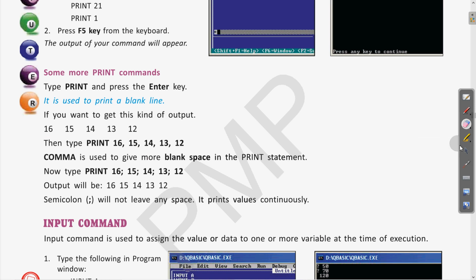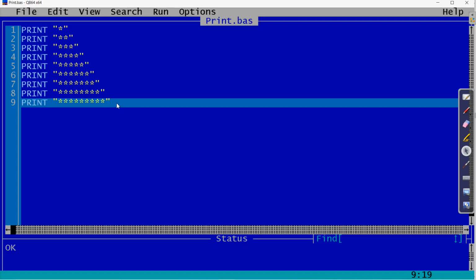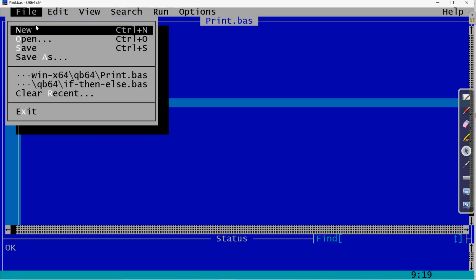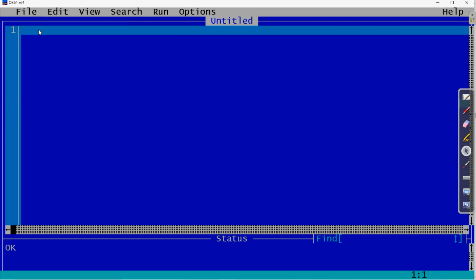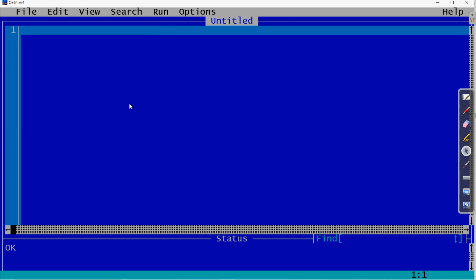Erase this and come to the program window. Here was the earlier program. Now let us go to File and write a new program, clear. This way we can start any new program by going to the File menu and clicking on New. Then let us write the print command.